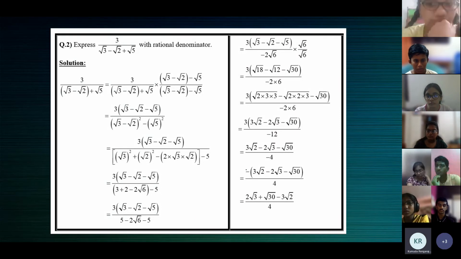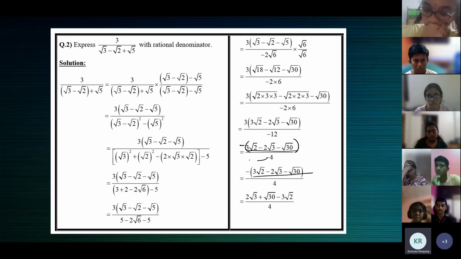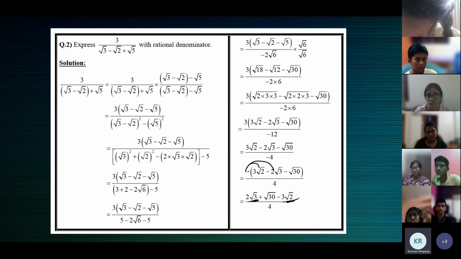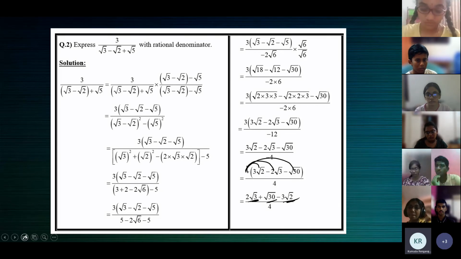We put this in a bracket and taken the minus sign. We prefix the minus sign. That is what you see here. All these terms are in a bracket here, and this minus is taken out to the numerator, so minus, and the denominator becomes a positive 4. Now multiply the minus sign. Minus 3 root 2, you can see it here. Minus into minus plus 2 root 3, positive, so I've written it first. And when you multiply minus into minus root 30, it becomes plus root 30, divided by